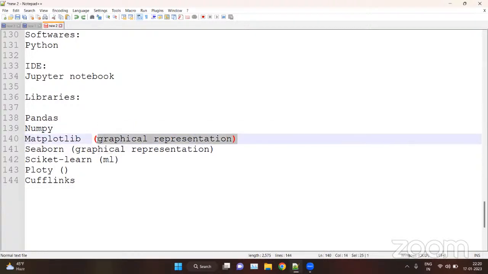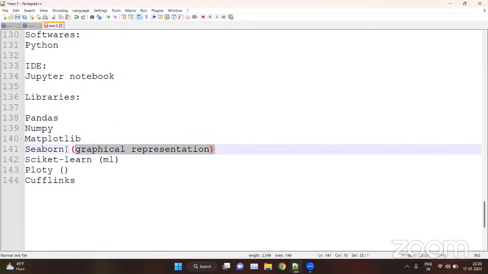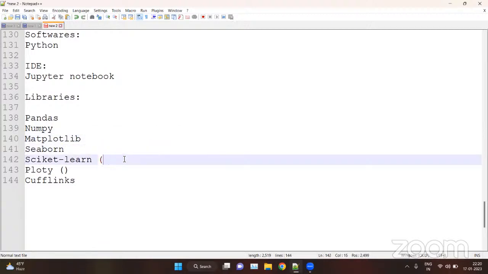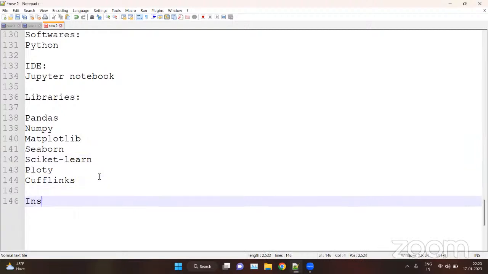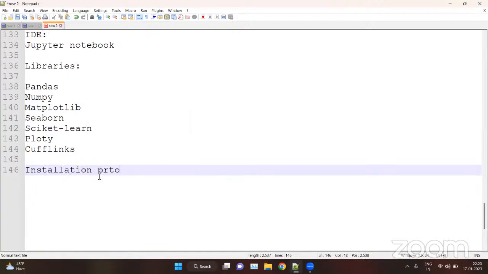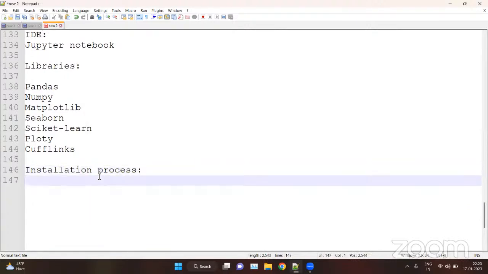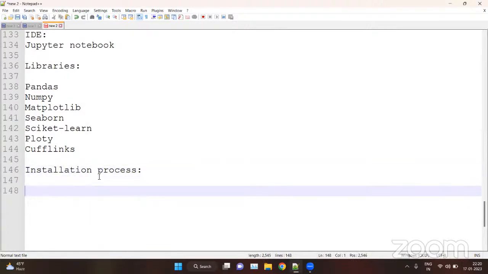How to install Python and how to install Jupyter, we will see that. We can see the installation process. First we will see how to install Python.